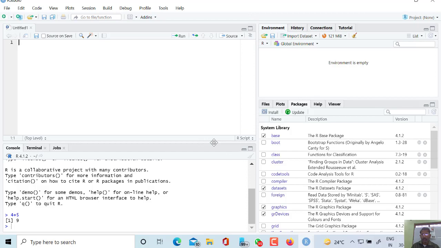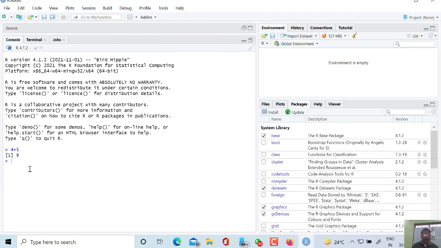Now I am coming to some simple programs. Just like I have shown, 4 plus 5 equals 9 is displayed here. So it can be used as a calculator. A comment line can be written by using a hash.